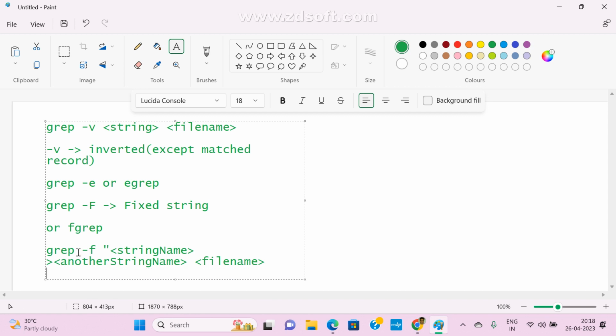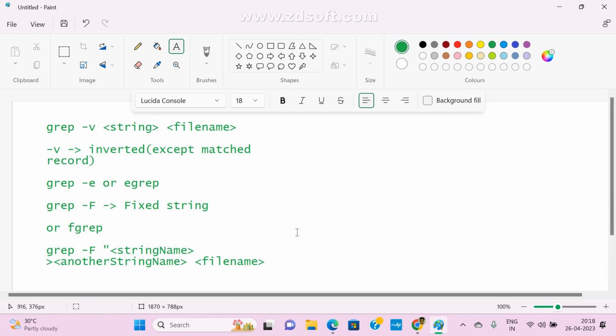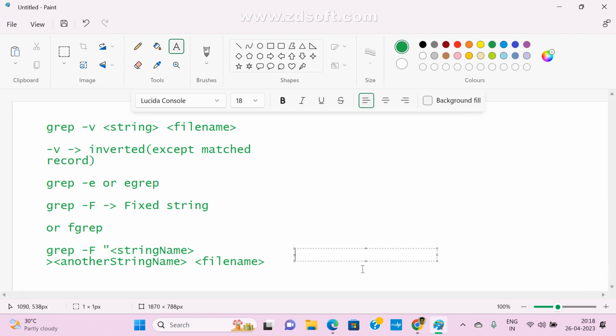Or instead of providing hyphen F, not small f, capital F, right? Instead of grep hyphen F, we can directly give this command also. What is the alternate command? egrep, grep space and a string. For example, here I gave Ramana, enter.